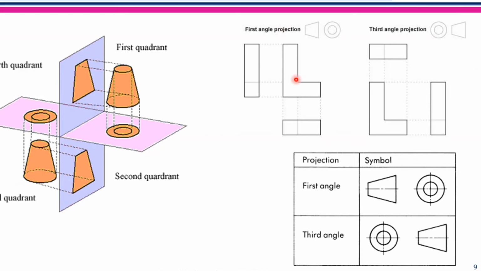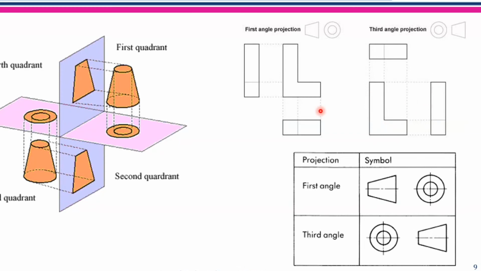So I have one more example here for you to understand first angle and third angle projection. Here we have a component which is an L bracket. In first angle projection, observe the laser point. This is the front view, this becomes the right side view, and this becomes the top view. This is first angle projection. Now come to the third angle projection and see what happens. This is the front view. This is the left side view.